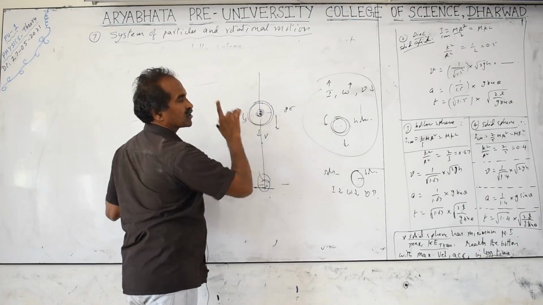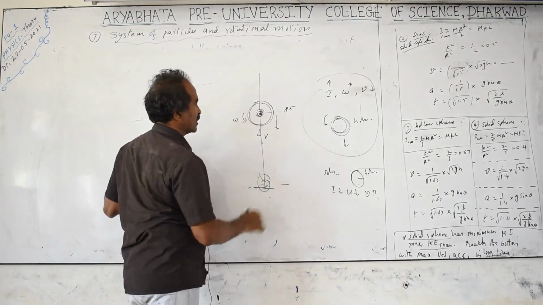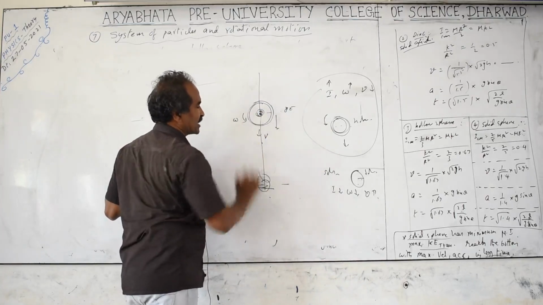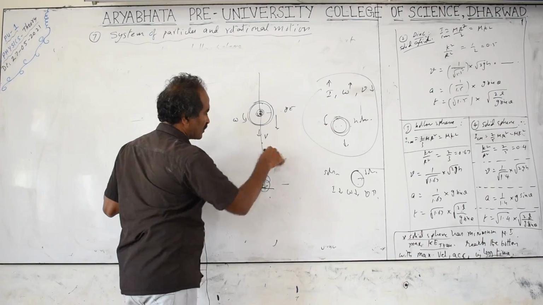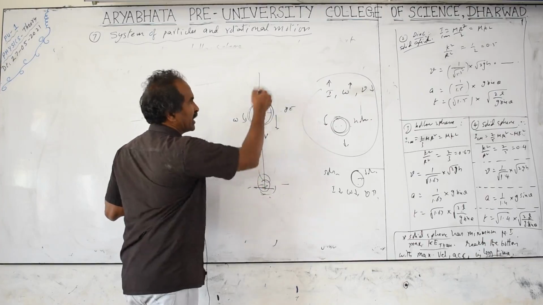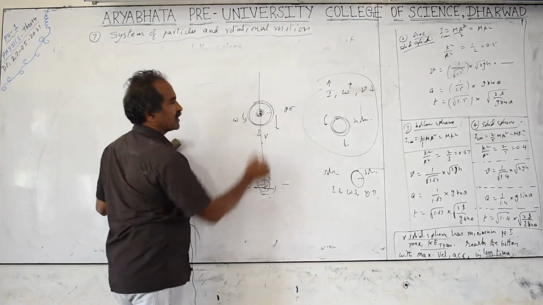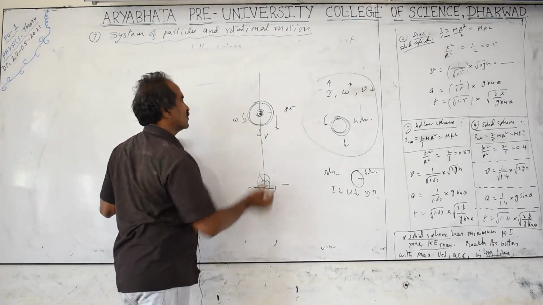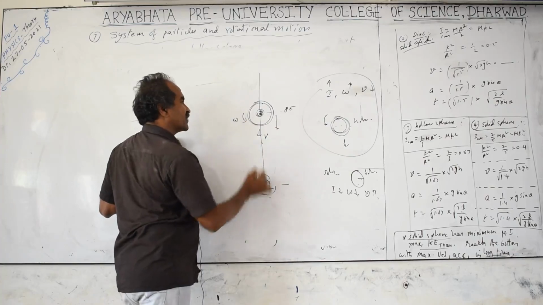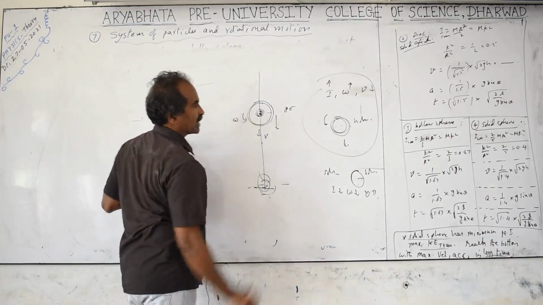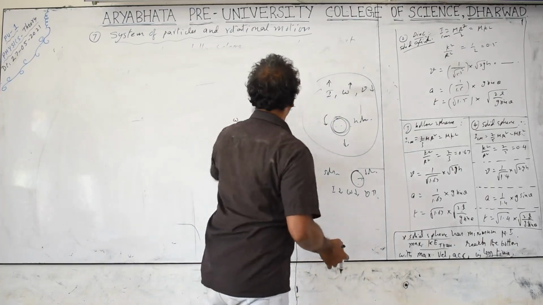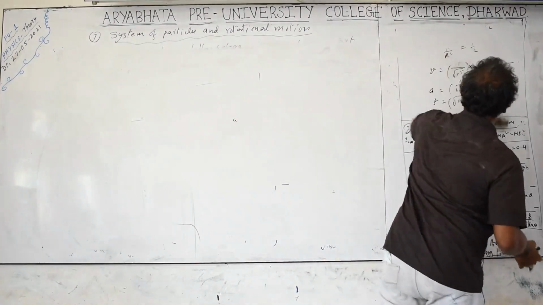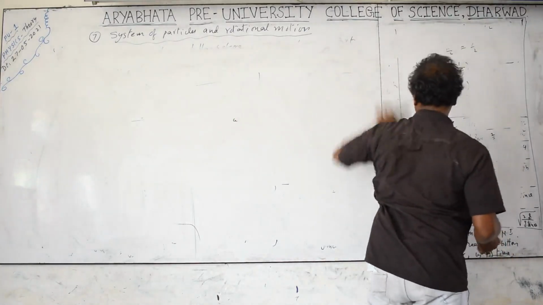This is not related to rolling motion, but similar formulas are applicable. Rolling we talk about on the ground, but here it's not on the ground, it is supported by the string. So it comes down in one direction and goes up in the opposite direction, rewinding backwards. But it will not go up and down permanently because of loss of kinetic energy by friction with the air and with the thread. If there is no loss of energy, it will continuously go down and up permanently. It will never stop without loss of energy. But that is theoretical; practically it will lose energy and come to rest after some time.